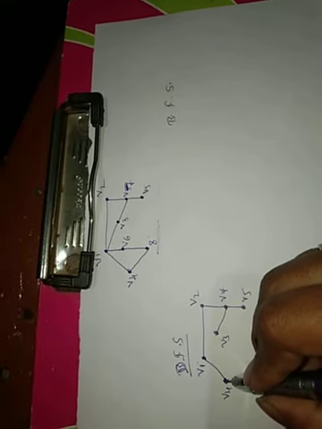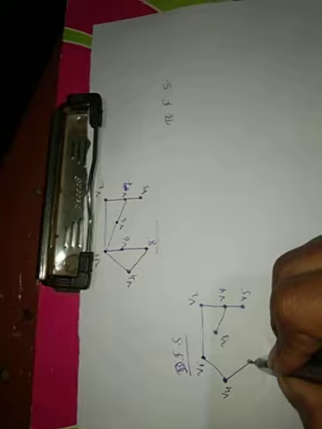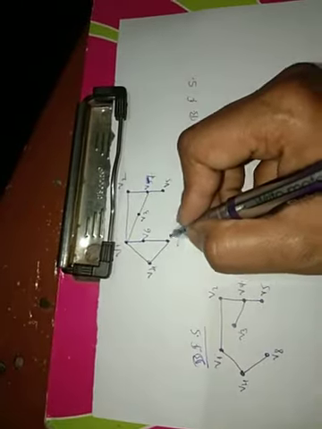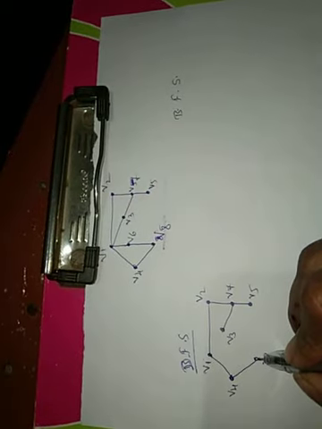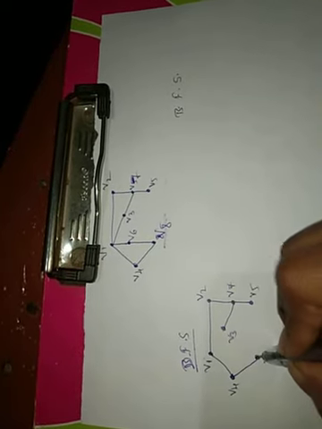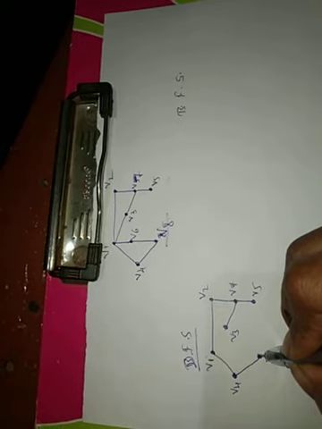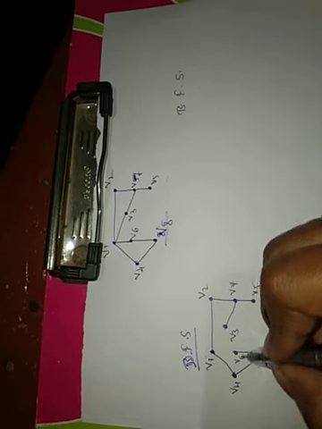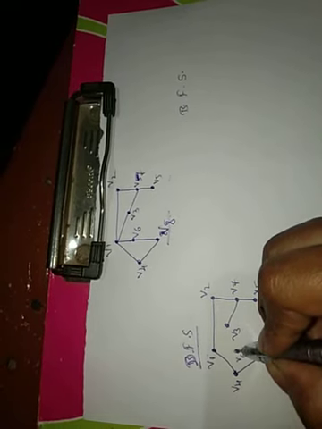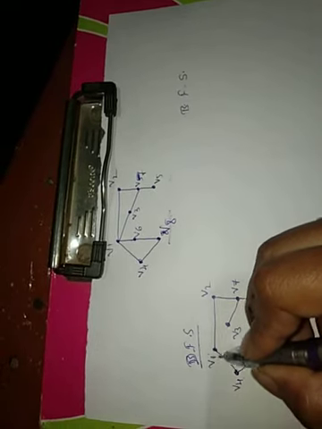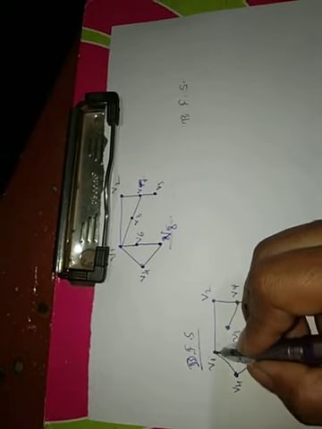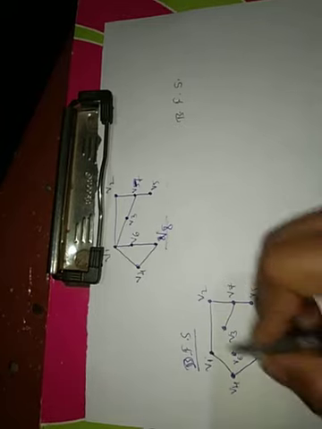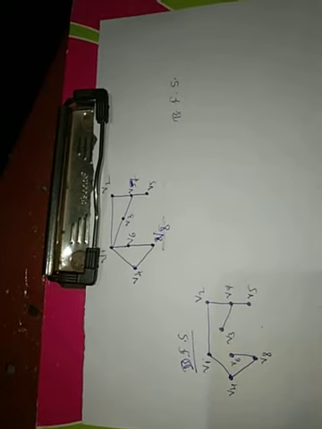For V4, we see the edge that is joined with V8. Now consider V8 as a root. For V8, we have an edge, that is V6. Now consider V6 as a root. V6 is joined to V1, but V1 is already taken, so we cannot take V1 again here. So we stop the procedure here because no edges remain.